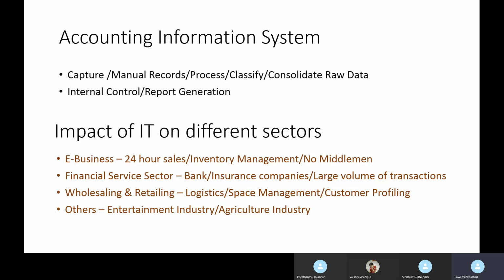After that, they have just clubbed the remaining industries as others. IT is also used in the entertainment industry and the agriculture industry. It is used in agriculture to make sure that fertilizers are used to a reasonable extent, whether the soil quality is maintained or not, and other things. We now have devices for that, and all of it is governed by IT. Here we are talking about big companies which are invested in agriculture.